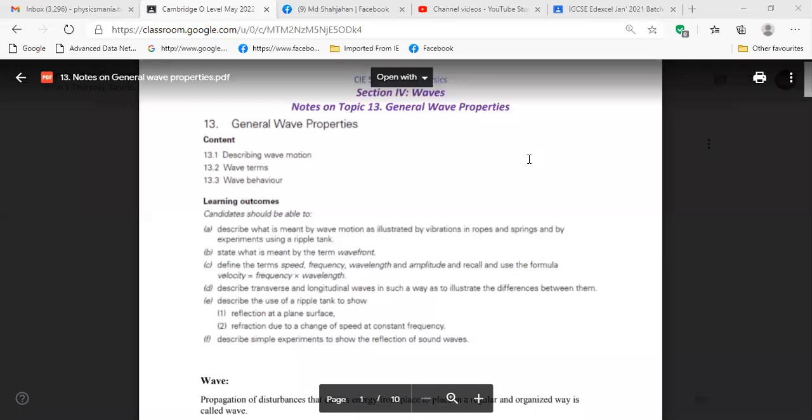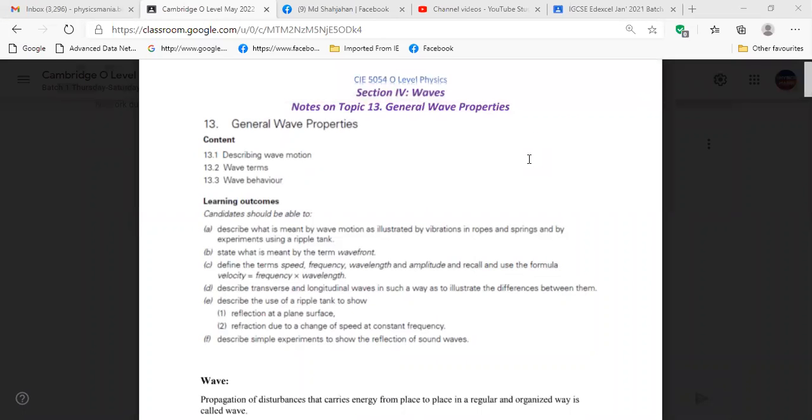Yes, sir. So, can you read, Mahi, the learning outcomes? Okay, sir. Candidates should be able to